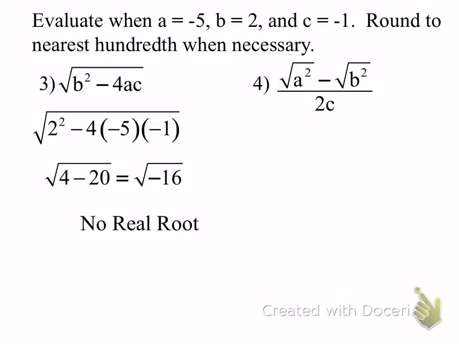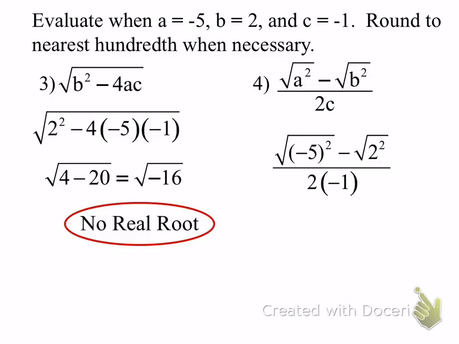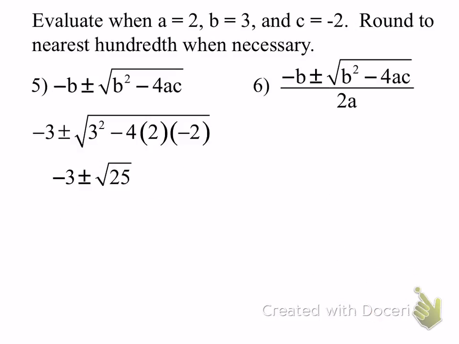Do you have a question, Ariel? Yeah, kind of. I'm trying to understand why it wouldn't be written. Basically, are you saying because that doesn't equal the same thing? You can't take the square root of a negative. No number times itself will give you a negative. So when you get into that situation, remember, the domain states it has to be 0 or greater. You can't take the square root of a negative. You're going to say no real root. All right, now, finally,